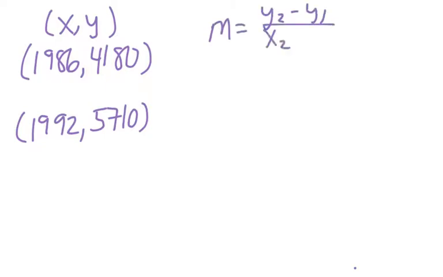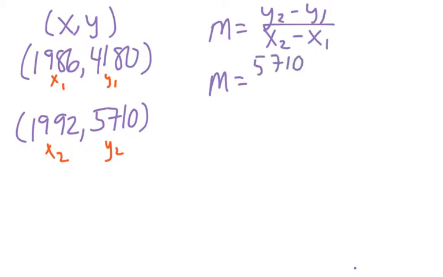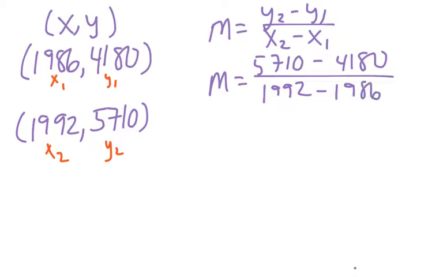And remember, math is consistent, so it doesn't matter if those numbers get big, okay? They're the same numbers. And then we'll do x1, y1, and x2, y2. And then I'll show you about the 0 and the 1980 equals 0. All right, so we have 5,710 minus 4,180 over 1992 minus 1986. And then my numerator there is